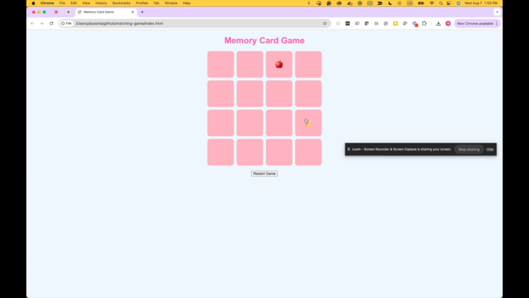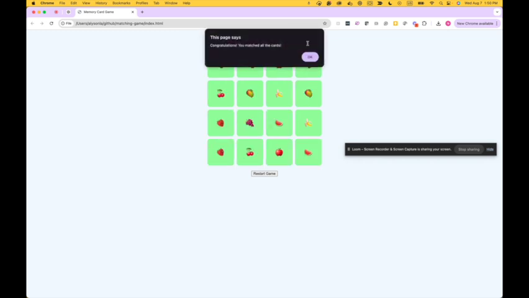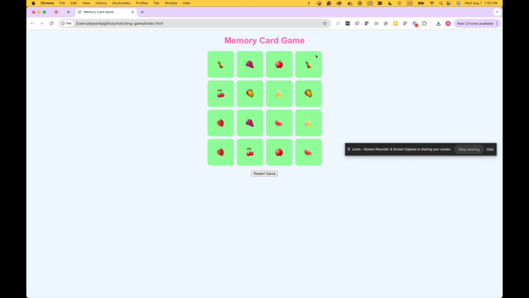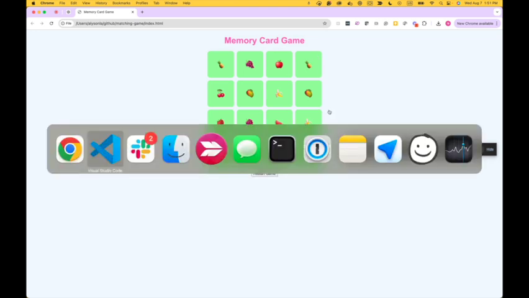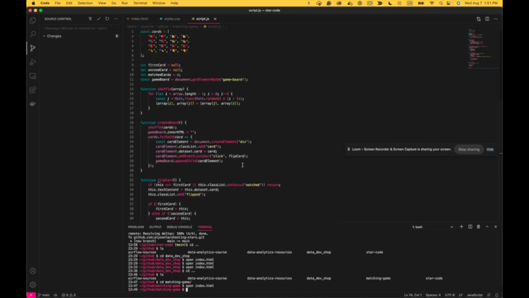Let's ask ChatGPT to do something to make the game a little bit better. Yes! Oh, it did work. Strawberry! Woohoo! We did it. Congratulations, you matched all the cards. So that's a JavaScript that popped up. Okay, so now we can go back, and is there anything that we want to change, or should we do